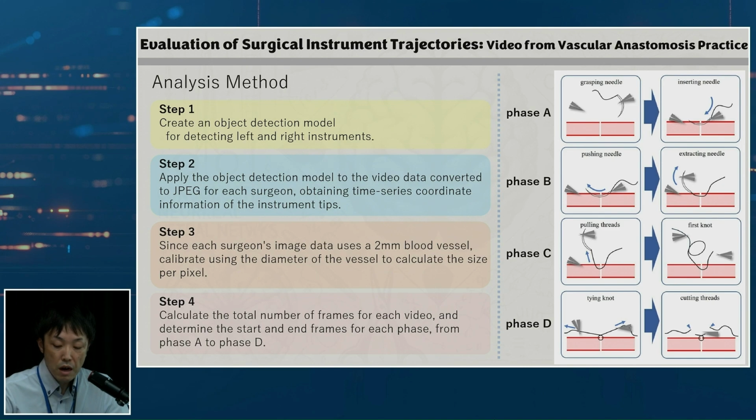Using this model, we obtain time series coordinate information of the instrument tip from the surgery video converted to JPEG. Next, we perform the calibration using the blood vessel diameter in the image as the reference to calculate the actual distances. Then, as shown in the figure on the right side,